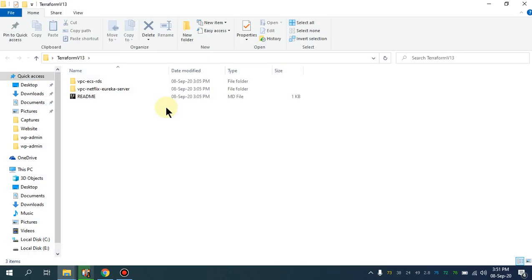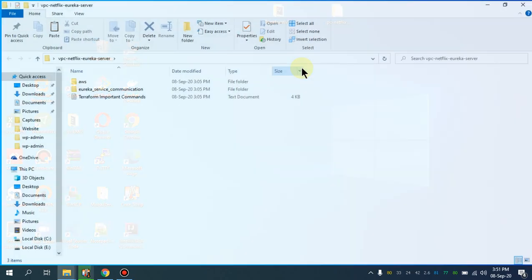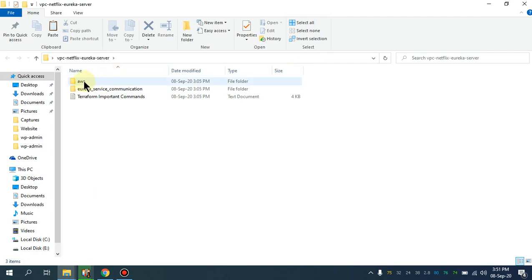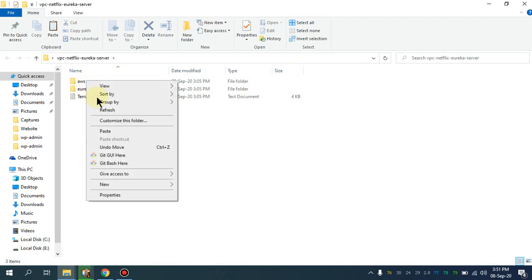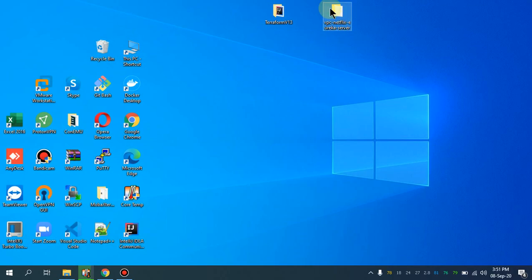From there, what you have to do is simply copy this directory, VPC and Netflix Eureka server. Okay, so from here, simply copy this AWS section and put it on your desktop.